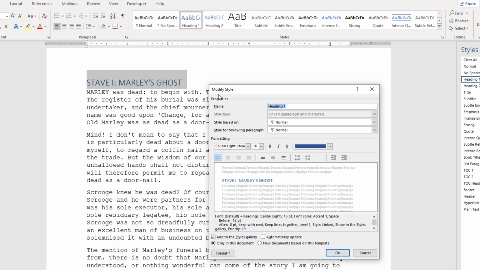Now, here in the Modify Style dialog box, what you see right here is a preview pane, and it shows a little bit of what you see up here on the actual page. So if I click to center the Heading 1 content, then you'll see it happen here in the preview window. You'll also see it happen up here in the document itself. So I'm going to center align this,